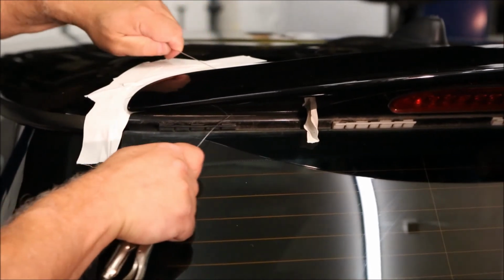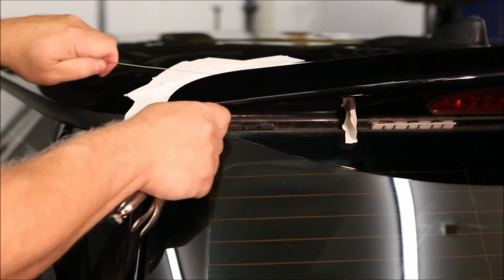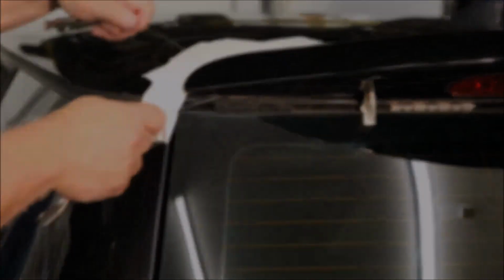So the good thing to do here is just be nice and methodical. Don't try to go too fast. You got to pull pretty hard to cut through it, but go back and forth like a saw and work around. Just visualize where that screw is. And, that's it. Okay, now we have